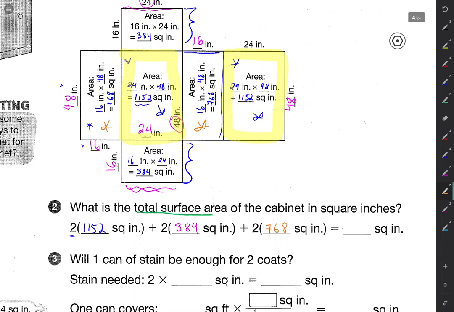So now if you know how to use your calculator, you could just plug this in all at once. I like to follow BEDMAS and do my multiplying first. So I'm going to do 2 times 1,152. That gives me 2,304. Then I'm going to add that to 2 times 384, which is going to give us 768. And then we're going to add that to 2 times 768, which gives us 1,536. So if we add all of those together, the total surface area is